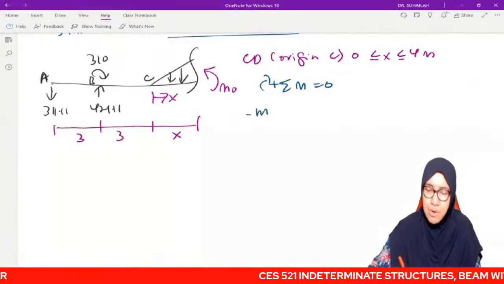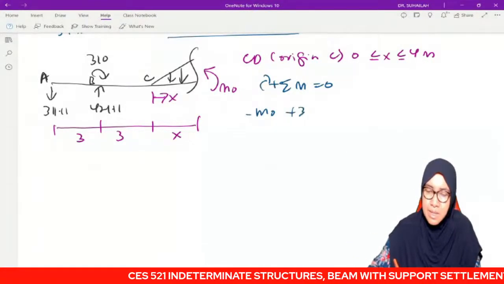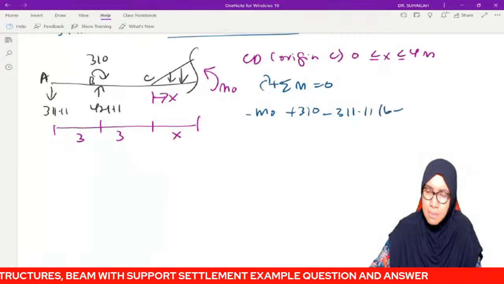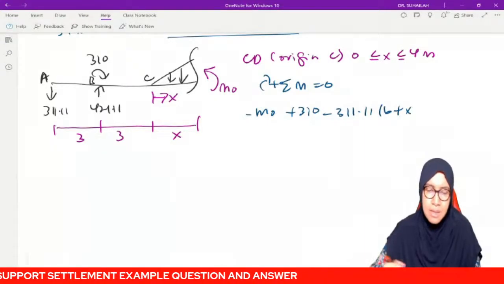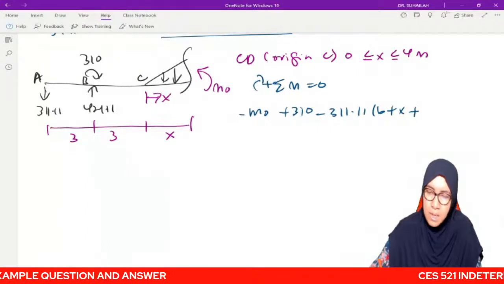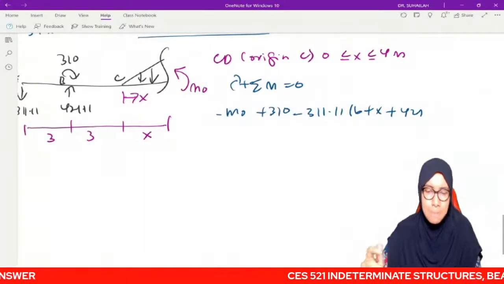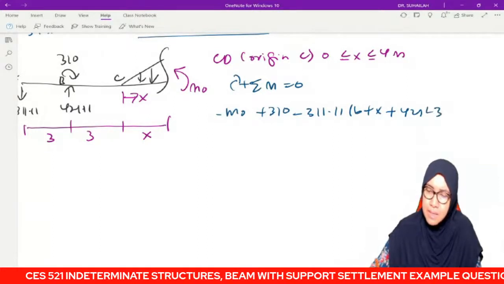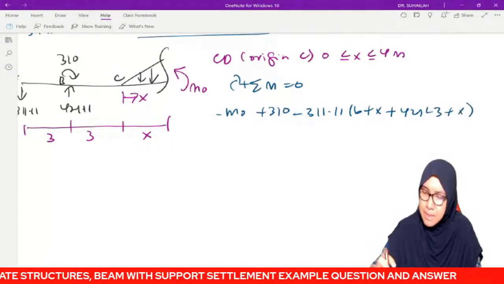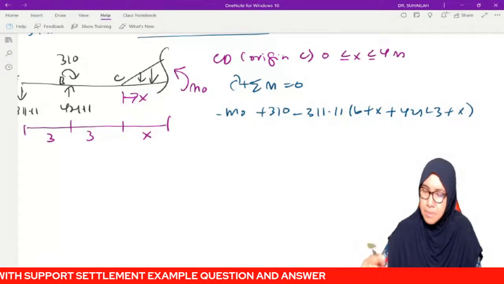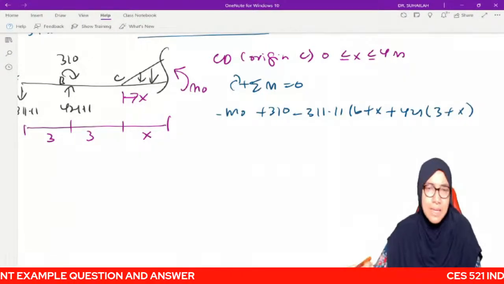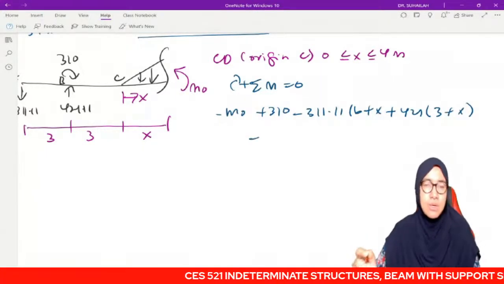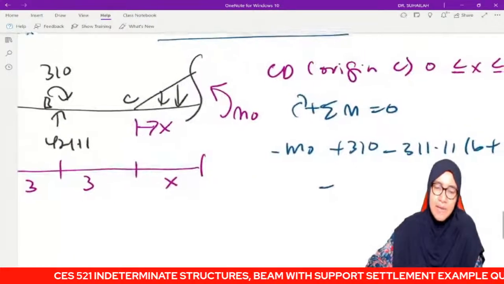It is negative M naught plus 310 times A, minus 311.11 times 6 plus X, and then we have to plus 421.11 times 3 plus X, and we have to minus. Before that we have to actually identify